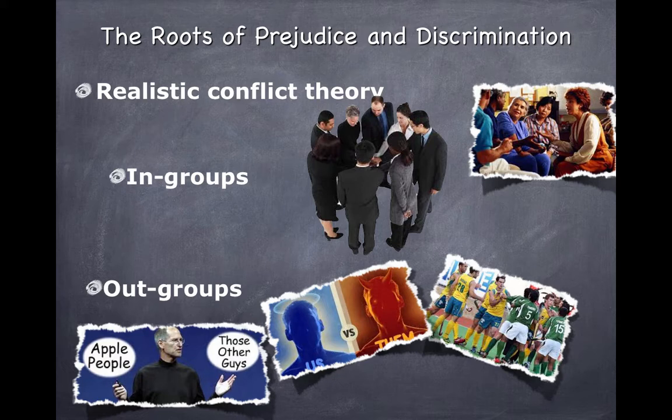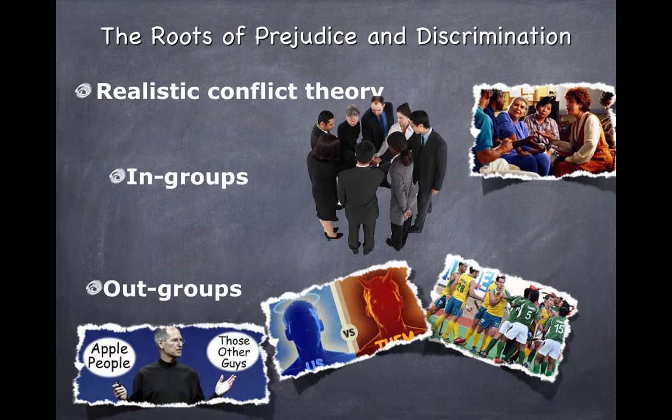The Native Americans and settlers in the U.S. experienced this in part because of the experience of perceived scarce resources. And a part of this is generated by there being two groups, in-groups and out-groups. In-groups would be the social group with a strong sense of togetherness and from which others are excluded. So if you think of the group that you hang around with, that would be your in-group. Now you may have more than one in-group, but you can discern an in-group by knowing that there are some people who are in, and there are people that you deliberately or overtly or even inadvertently exclude.